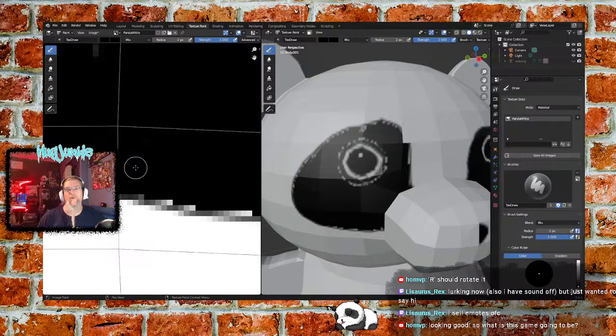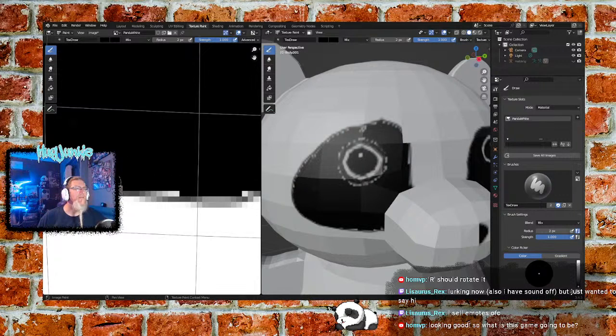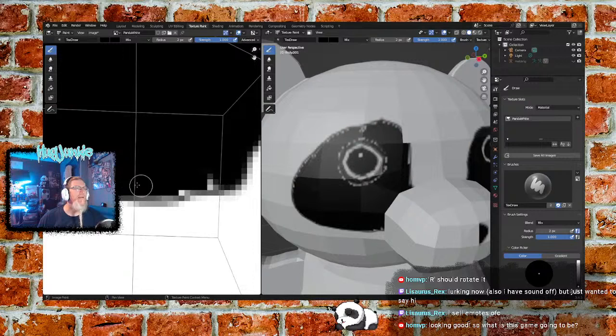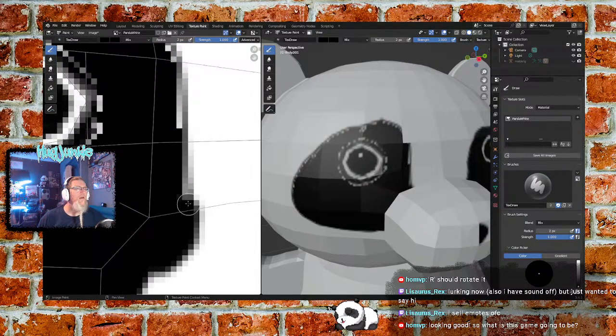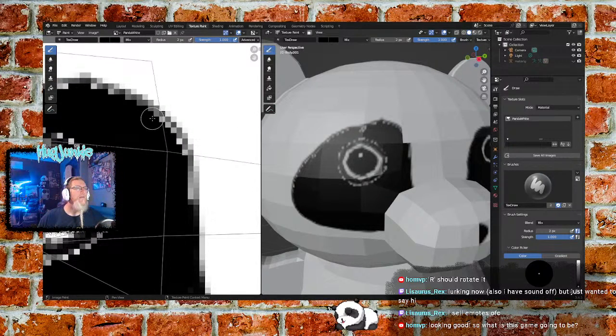Looking good. So what is this game going to be? It's a little bit random. The panda has no direct bearing on the game, but I'm thinking once I have a panda asset, I can use it as I want. But the game that I will be putting this into initially, the easiest way to describe it is, you have a castle and the player